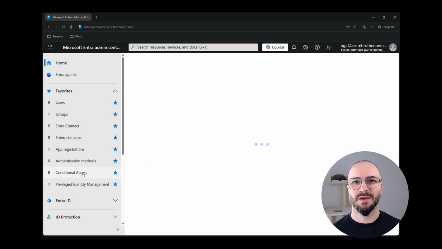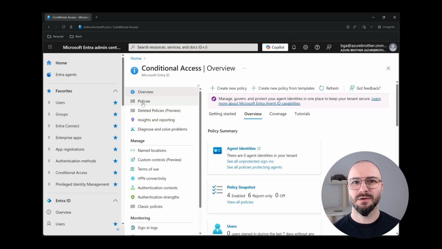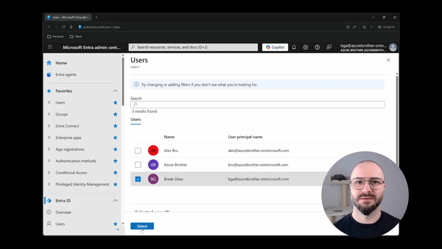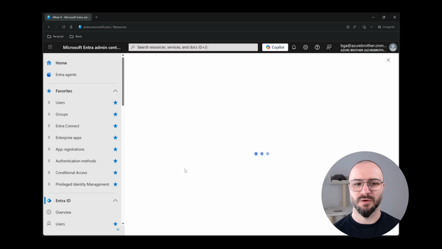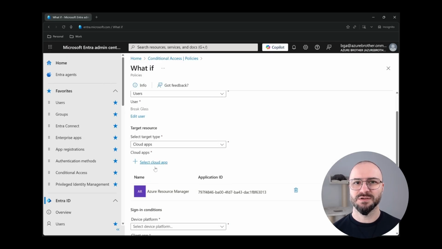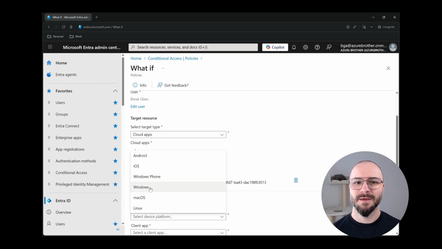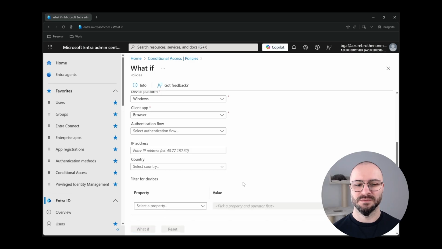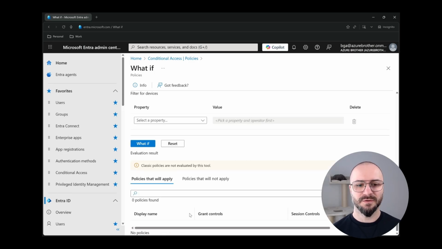Let me go back to my Entra portal and use the what if capability of the conditional access policies. So I select the account with which I just connected. I choose the Azure Resource Manager portal, so the Azure portal, and I try to access from a Windows machine and from a browser. When I click the what if, I can confirm that there are no policies being applied